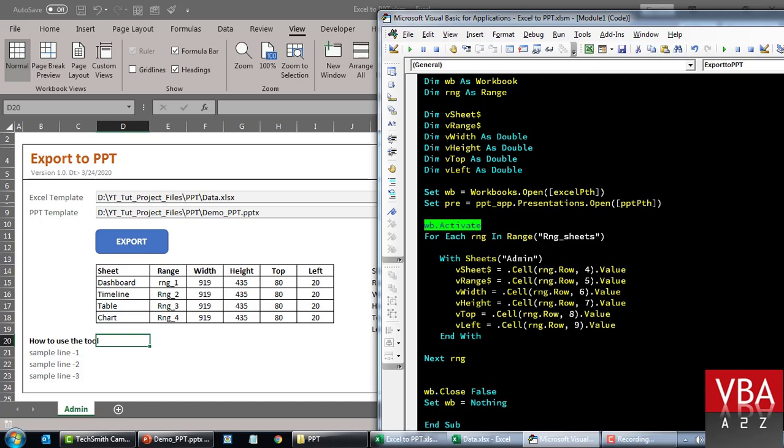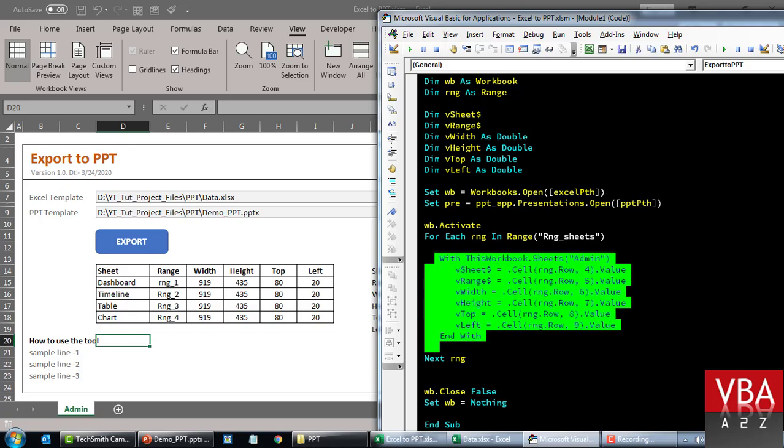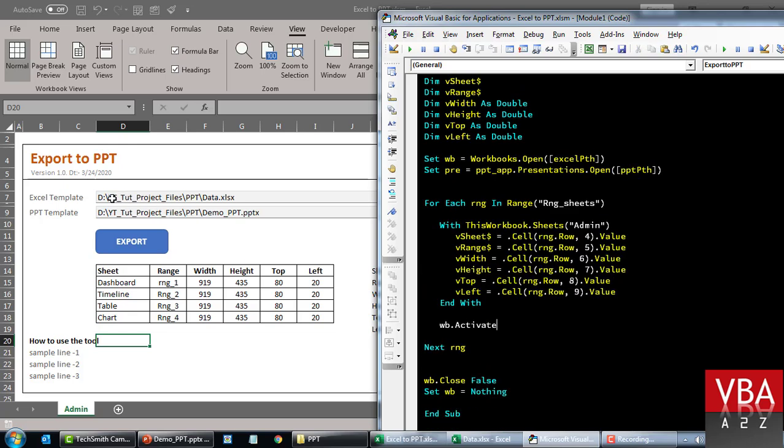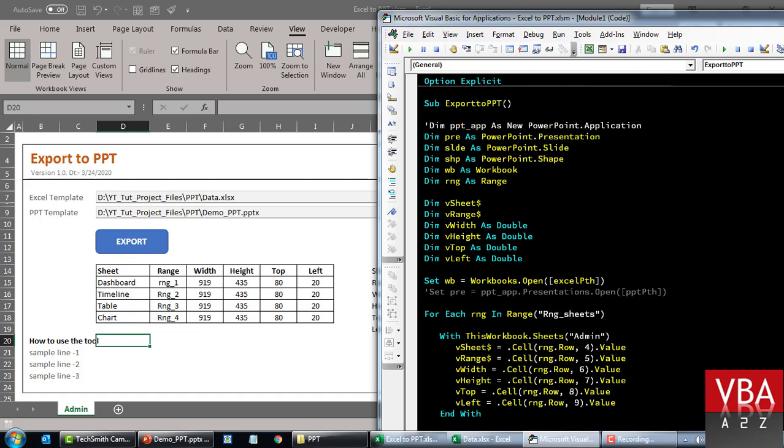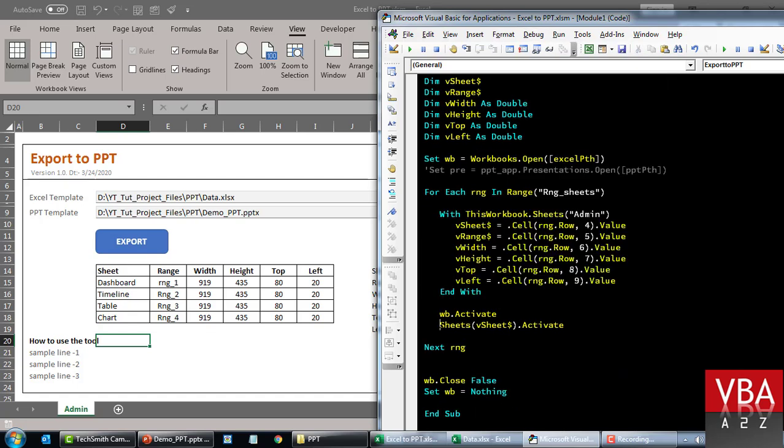We have to specify, because we have multiple workbooks now. Hopefully this should work. Okay, now we have a variable set up. Let's navigate to this Excel workbook template, and then from here we want to activate. First, go to the required worksheet. Okay, so for now I'm not going to open up the PowerPoint. I'll just leave it as it is. We'll first test out this Excel part, and then